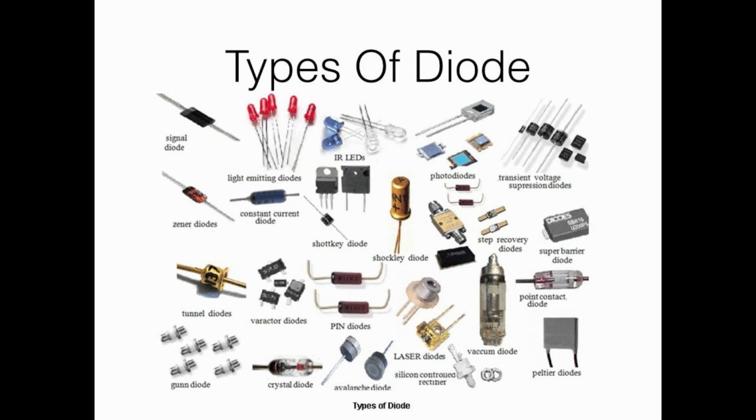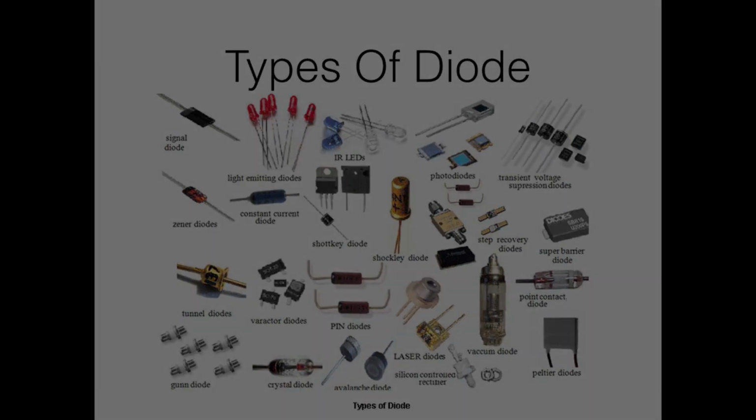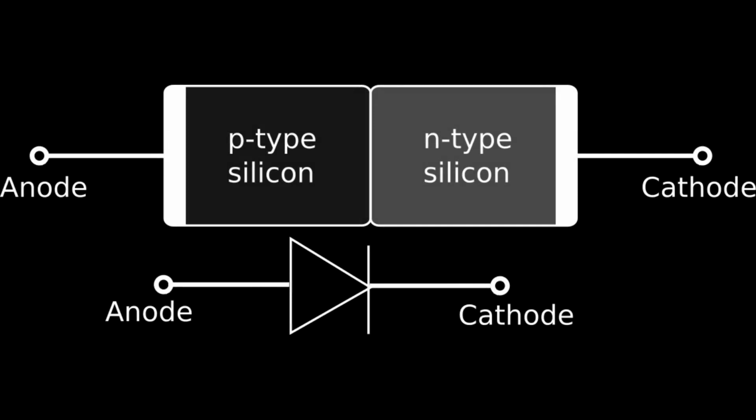In this list, the silicon controlled rectifier cannot really be called a diode. Otherwise, there are many diodes, and there are a few diodes which I don't know. But don't worry, I am going to discuss only the diodes which are popularly used everywhere. So, let me start with the PN junction diode.